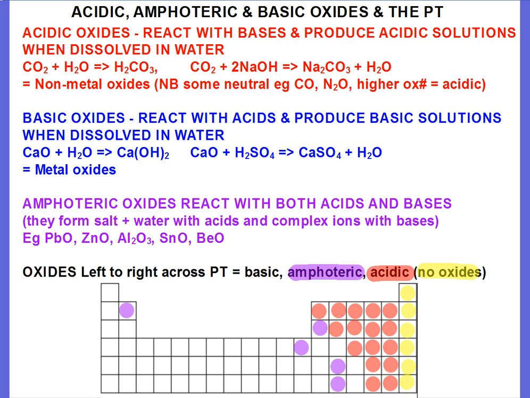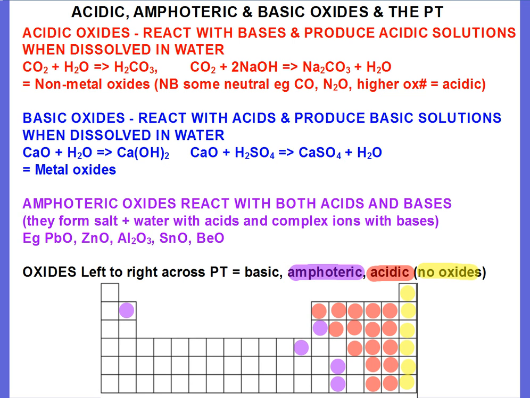Acidic oxides are oxides that react with bases, and they're also oxides that produce acidic solutions when dissolved in water. And typically they're non-metal oxides, such as carbon dioxide. Carbon dioxide reacts with water to produce carbonic acid. It can also neutralize bases. Now, just be aware that there are some non-metal oxides that are neutral, such as carbon monoxide and dinitrogen oxide,